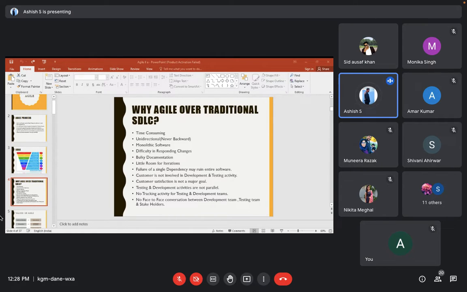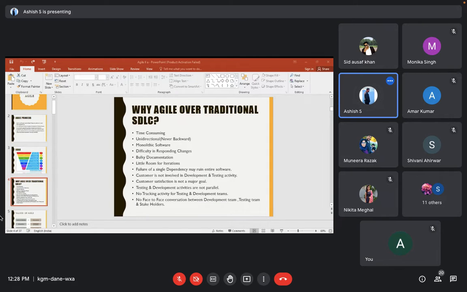And since the sprint is of a very small duration, in a few companies you can see the sprint might be for only 1 week, or for 2 weeks. At that time, what will happen? The efficiency of a test engineer or of a developer might get affected. So that is one of the disadvantages. And there is a lot of pressure on IT engineers right now to work in Agile methodology. So these are some disadvantages.